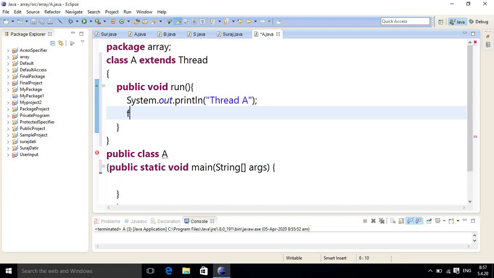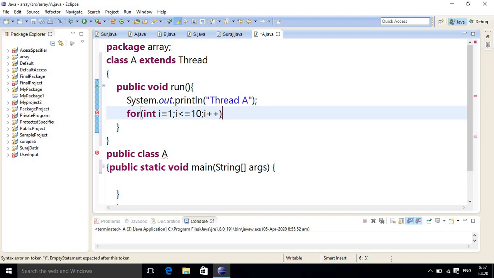and then I will take one loop because I want my thread to be busy for a longer time. So int i = 1; i <= 10.